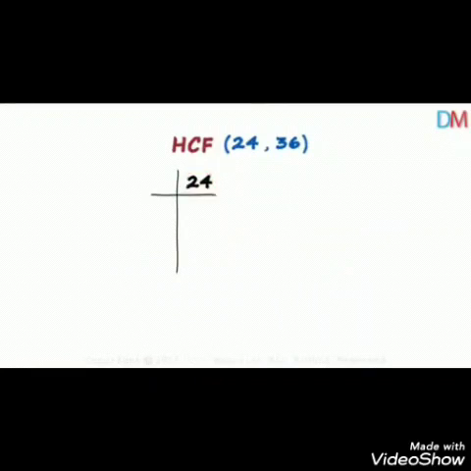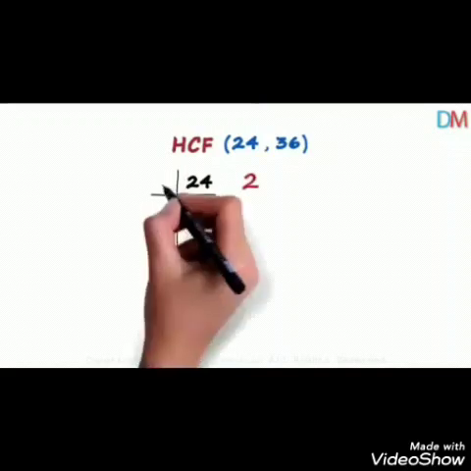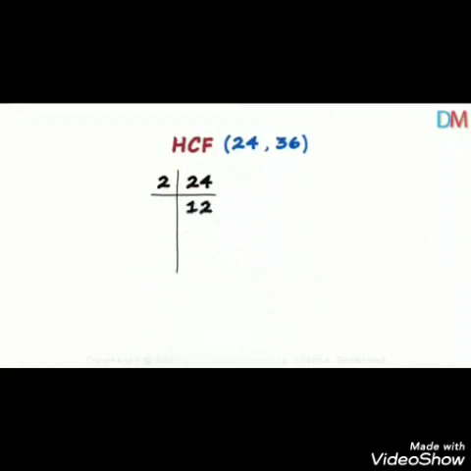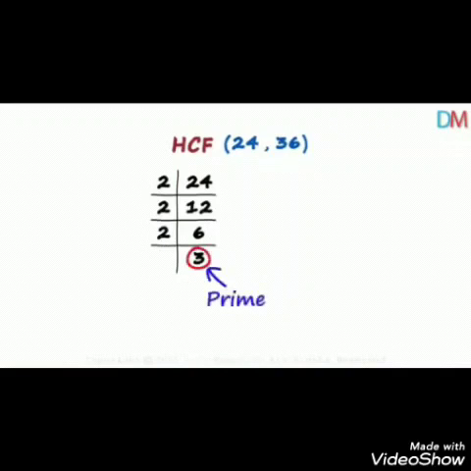As you know, 24 is an even number and it can be divided by 2. So we will start dividing it by 2 and write down the quotient downside 24. As you know that 12 2s are 24 and the remainder is 0. Now next we see that 12 can again be divided by 2 because 6 times 2 is 12. So you can write in this way. 6 will be written downside 12. Again we will divide 6 by 2 and we get 3 as the quotient. Here note down that 3 is a prime number, so no need to go further.